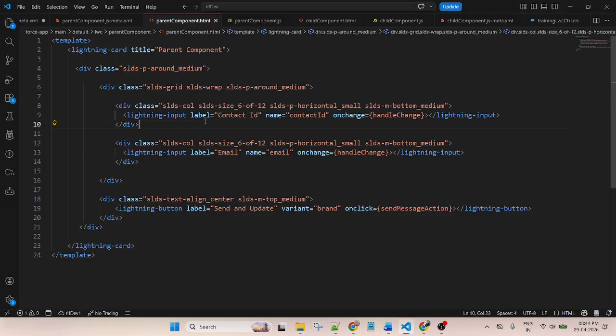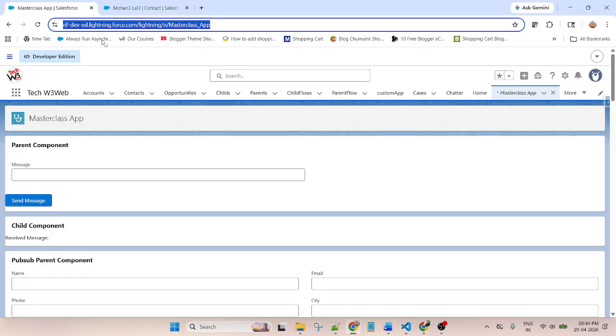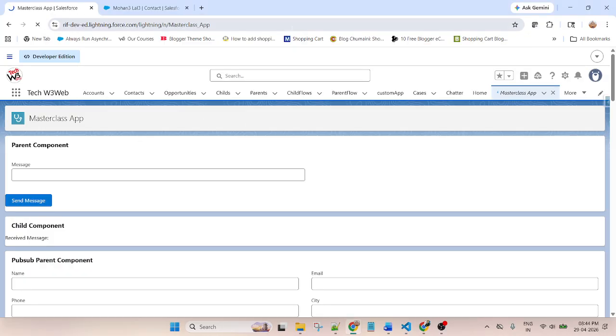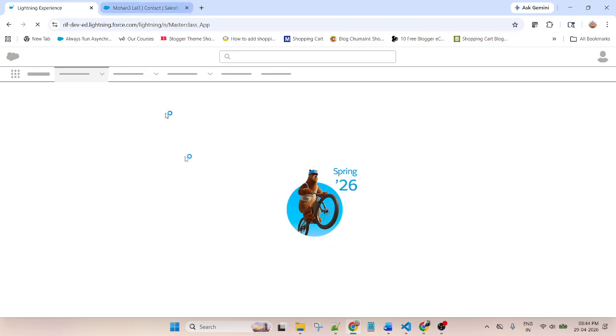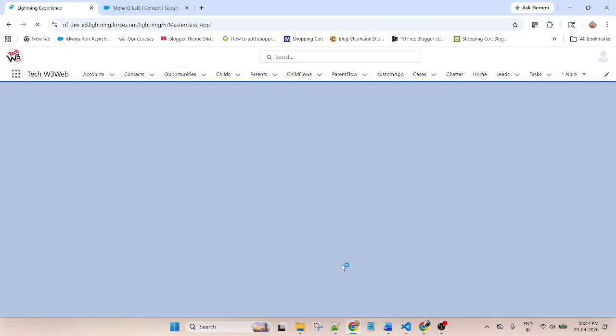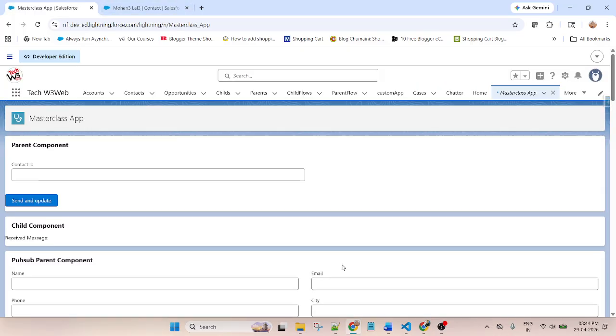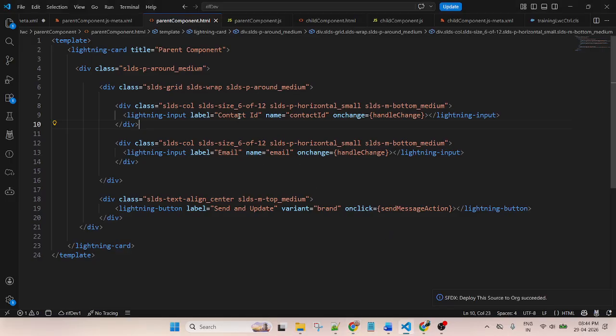Let me save and deploy once again. Okay, now let's refresh. Why not this contact ID? This is an input field I created.